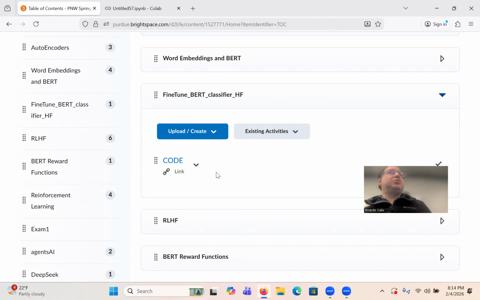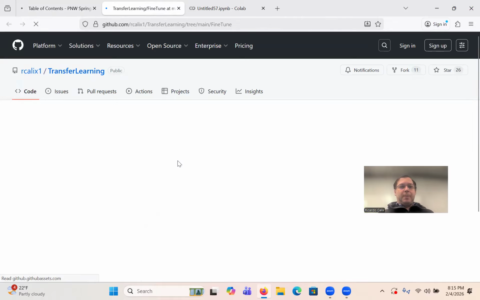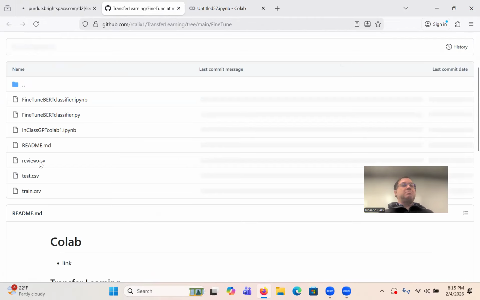You have to essentially train your own. So essentially, we're going to build a classifier, but it's a classifier using a large language model. That's exactly what we're doing. All right, so let's take a look. I click on the code link. I do need some data for this.